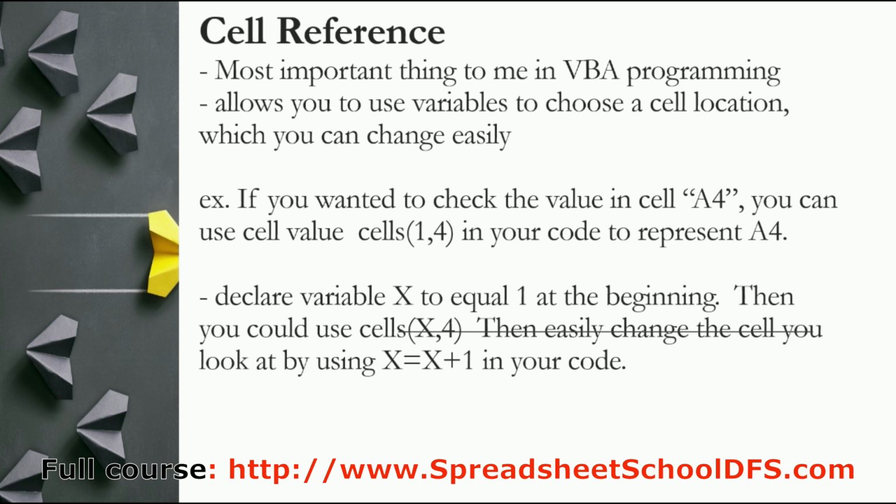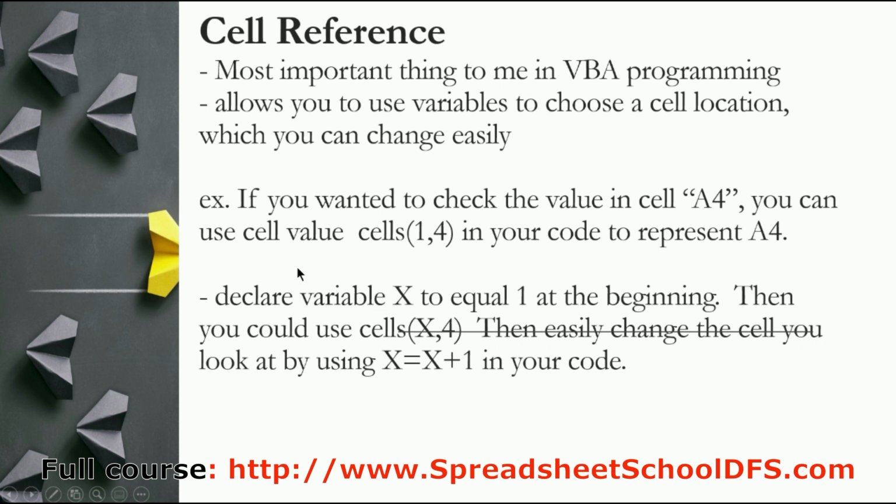So an example would be, say if you want to check the value in cell A4, there's a code that we can have where you can select, where it's called cells, parentheses, 1 comma 4, where the first number is the rows and the second number is the columns, and that will let you kind of choose a certain cell. And then what's great about that is you can create a variable,